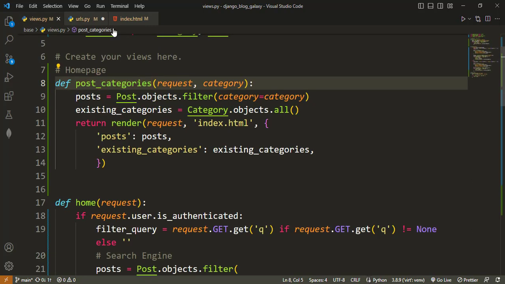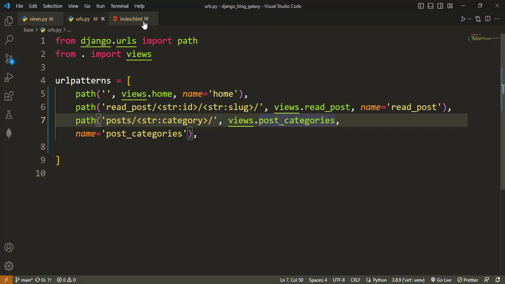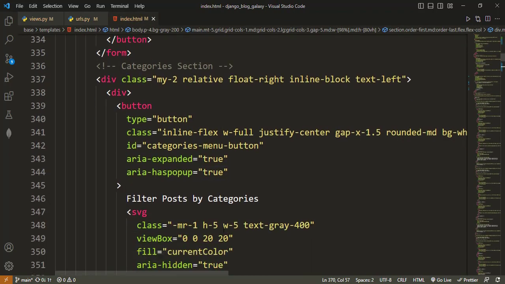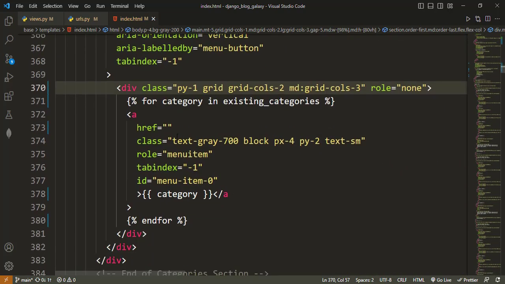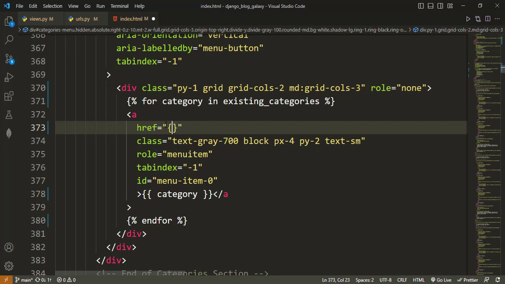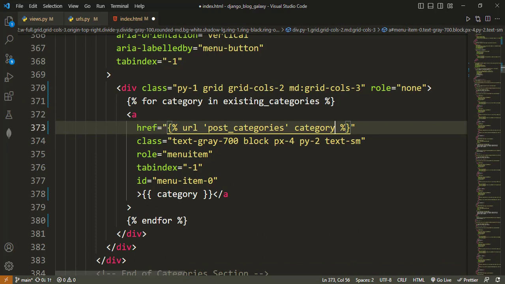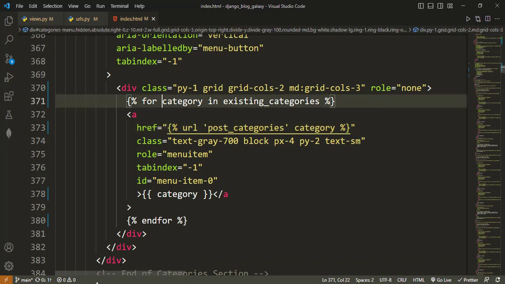And then we can, inside our index.html, we have to save this file first. Inside our index.html, where we're rendering the categories, where is it? Yes. Here we pass the URL to the one that we just created. So URL. And then we need a post. No, this one will be category. Yeah. This one, we're not getting the category from any post, it's from the for loop variable here. So this one should work for us. Let's come back,